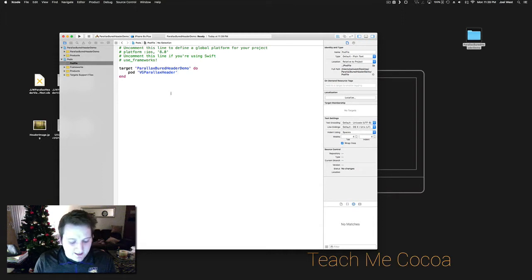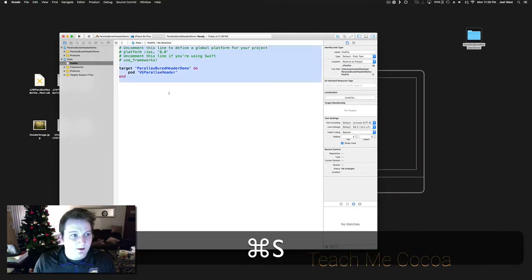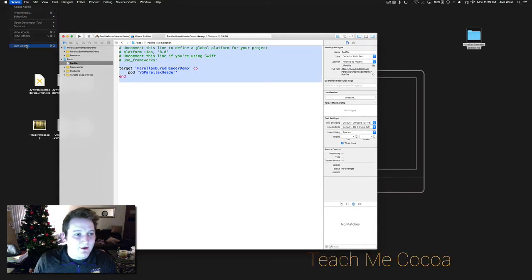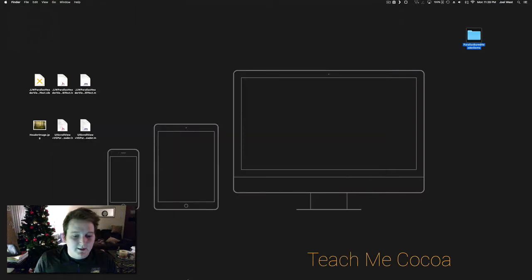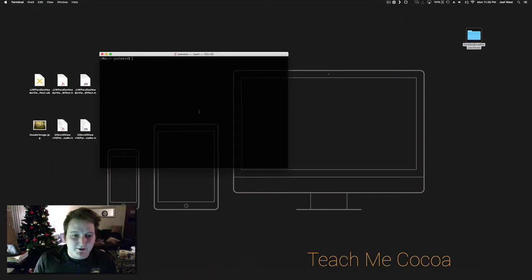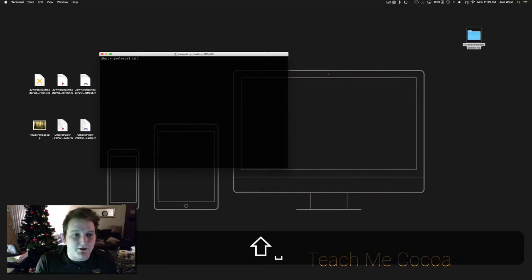Okay, so that's in the Podfile now, so you save it, and then you close out of Xcode. Then once again, you jump back into terminal. So saving that in the text file itself doesn't do anything. You have to run pod install. So all you do is change directory back once again to desktop, and then the Parallax Blurred